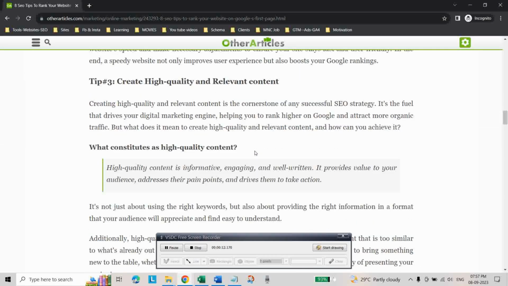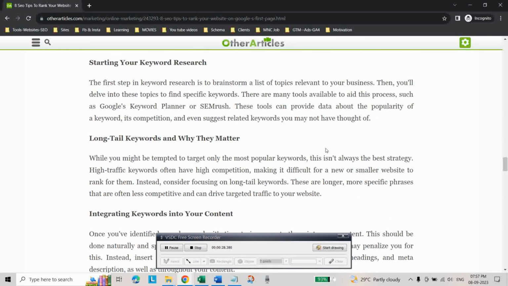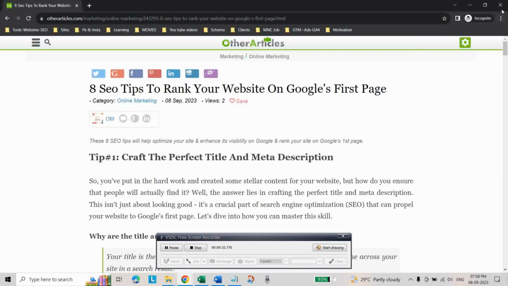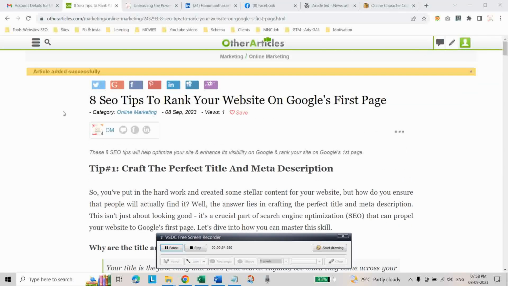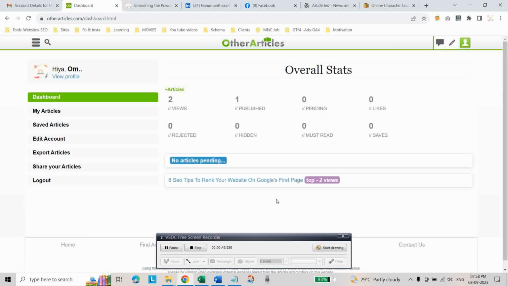and as you can see, our article has been submitted in this website. Now go to your dashboard. As you can see, this is our article,